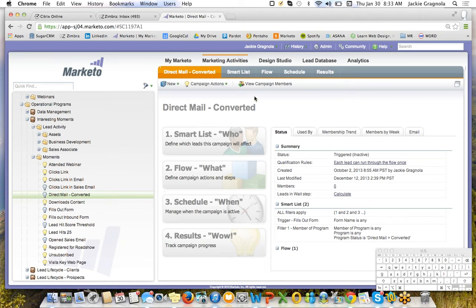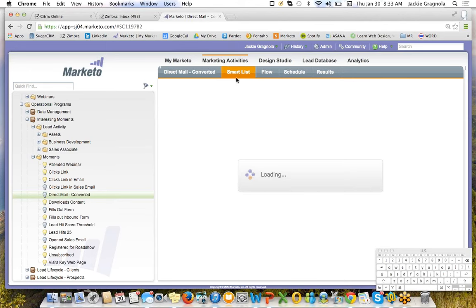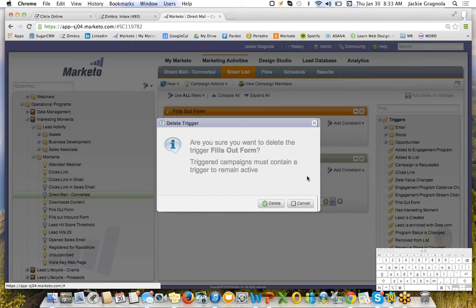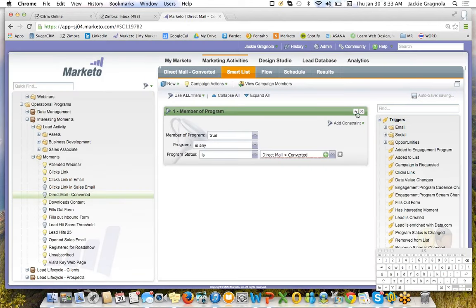You wouldn't have to. So you can set up the flows to be based off of them being sent the email or being sent the mailer. So in the smart list, we'll just do this one as an example. If they, let's see, these flows are different. So if they were in the program, and we can choose the program to be,